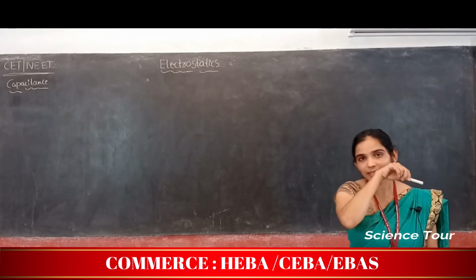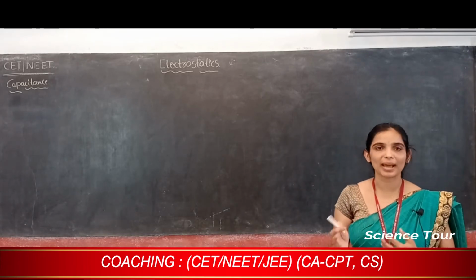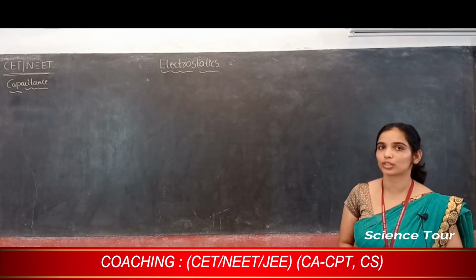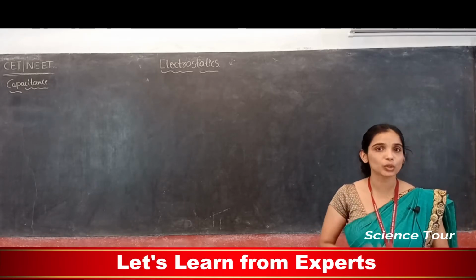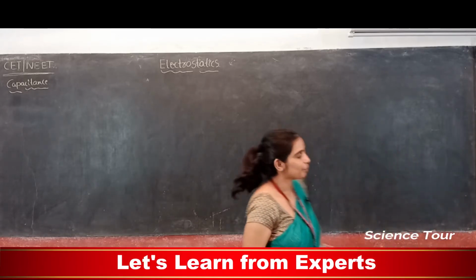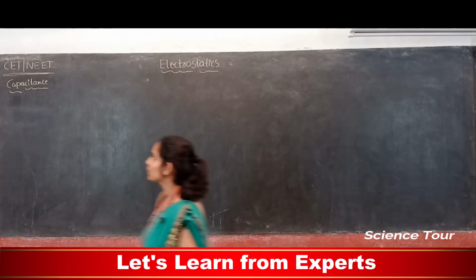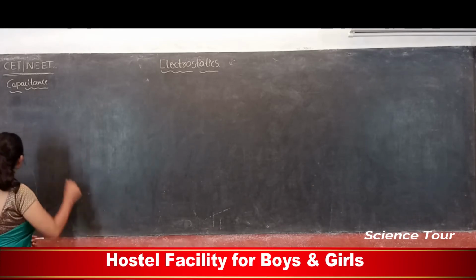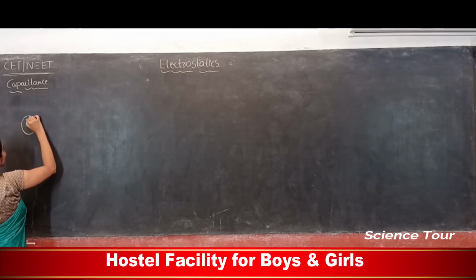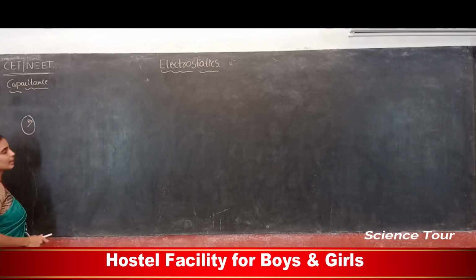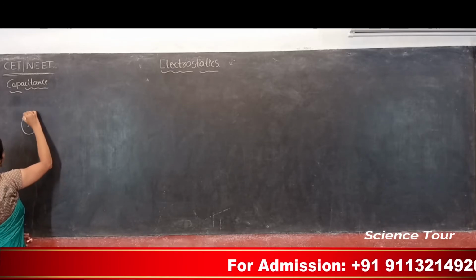Hello students, we were discussing capacitance, right? We have discussed the parallel plate capacitor. Now we will discuss the spherical capacitor. A spherical capacitor can be formed by two concentric spheres. So how will it look? Two concentric spheres. One sphere has a radius r1, and this should be charged, let's say positively charged.